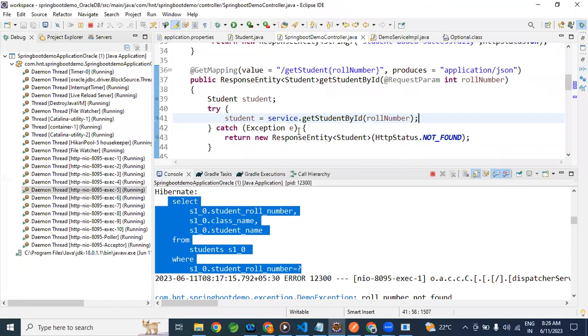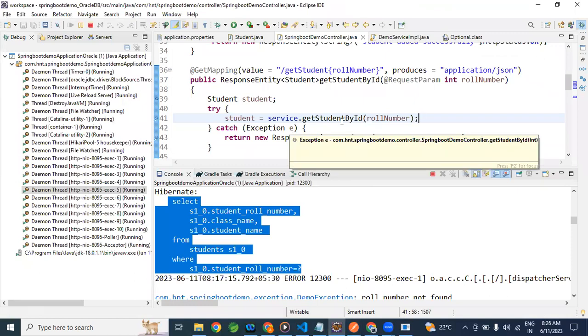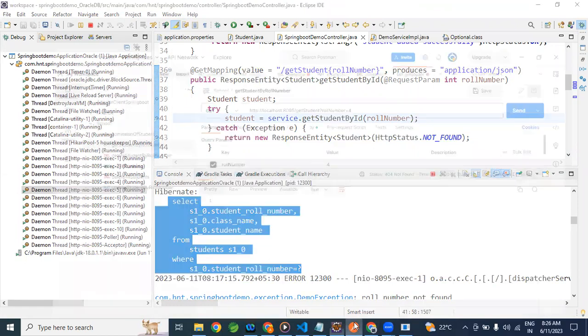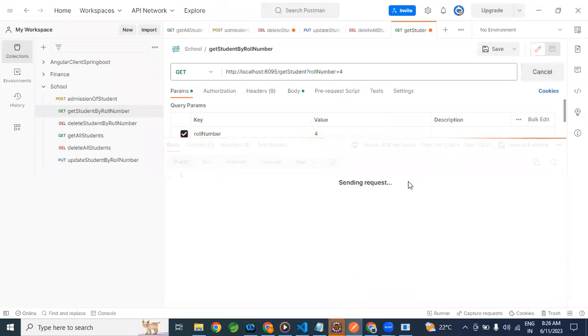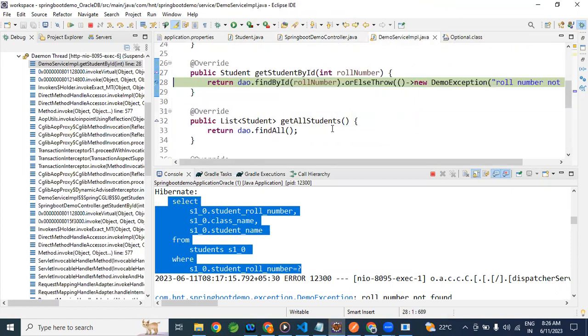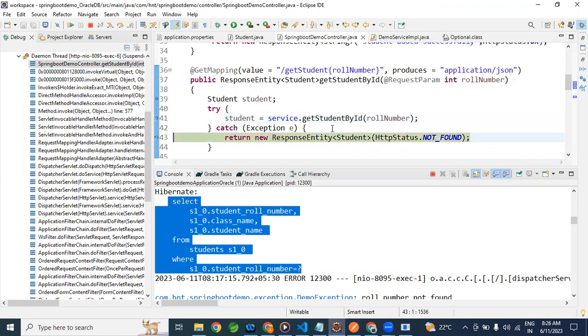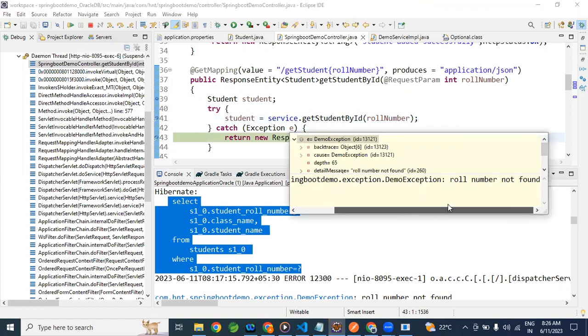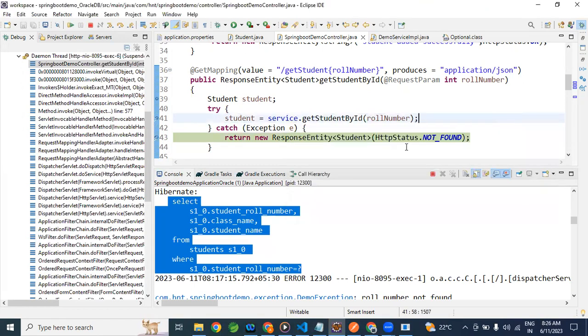For doing that, we are getting this exception here. We have to collect that message from this exception. So let me hit the request again. If you see in this exception, we are getting that message. Here we are getting the "roll number not found" message, but that message is not printing. So for printing that message, we need to write here